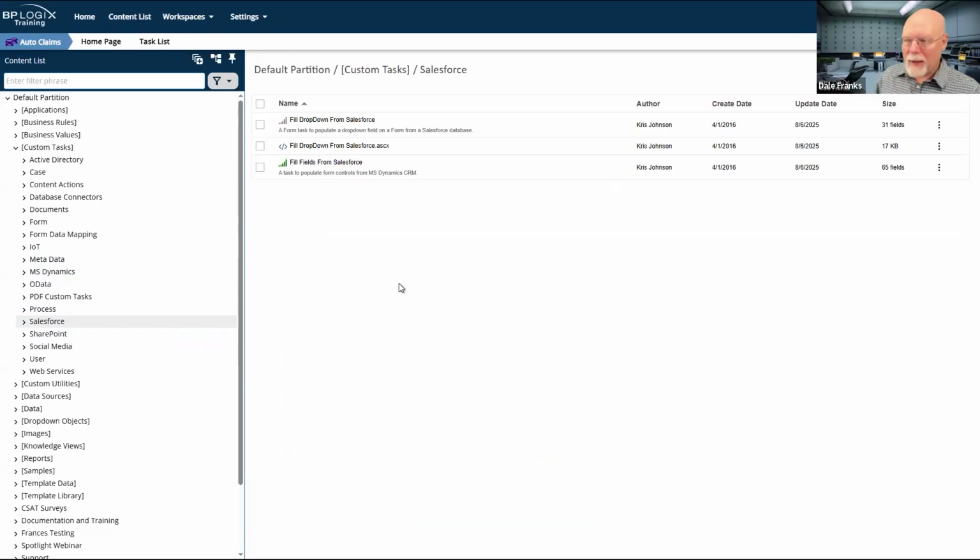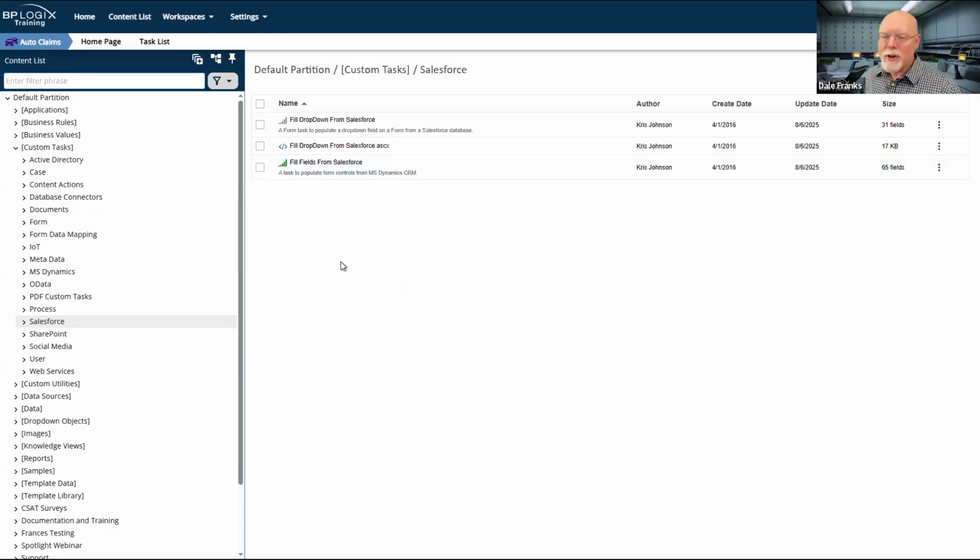However, back about, I don't know, 6, 7 years ago, a company called CData acquired the rights to all of the data connectors that fall under the OData type of data connector. Prior to that time, they would just charge us a single license for using them, and we could use them and create all of these custom tasks.